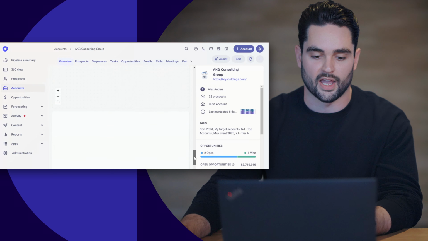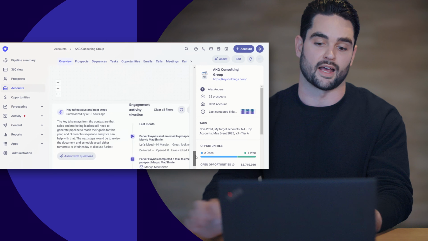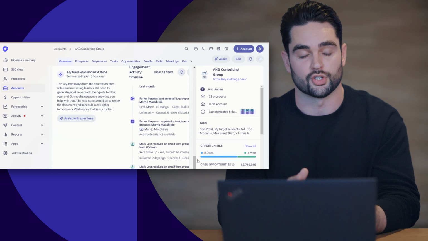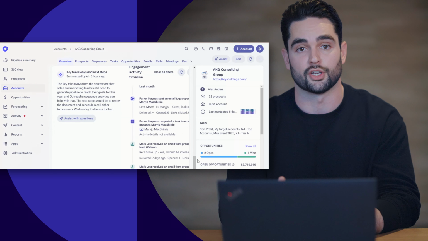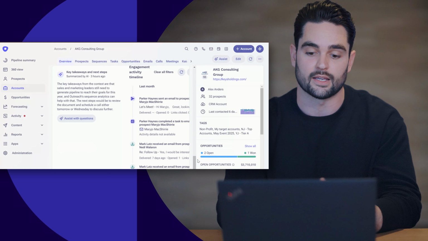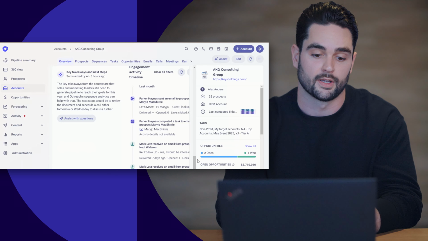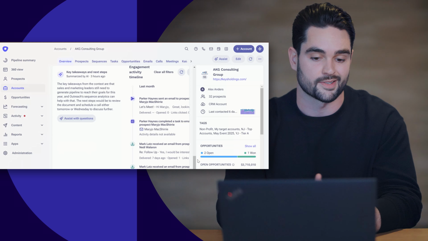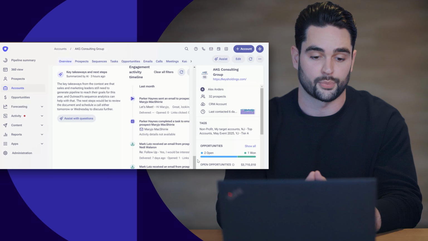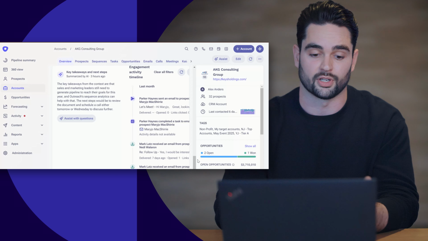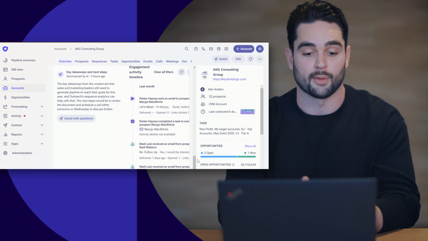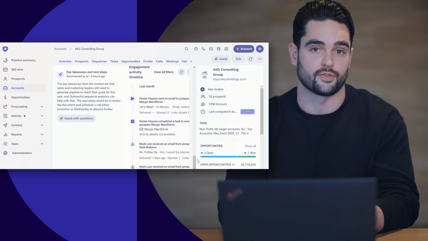Lastly, I wanted to show you the AI features with key takeaways and next steps. This is probably saving me so much time just with research, especially when I'm getting new accounts, or I'm just trying to pick up the conversation from the last AE, or continuing to make headway with breaking into my book of business. It's giving me a holistic view of what my previous conversations were, what the previous conversations were from the other AE,